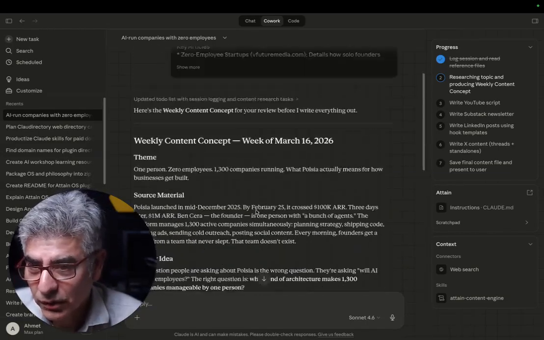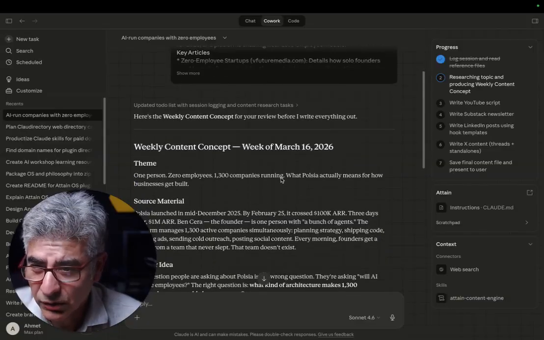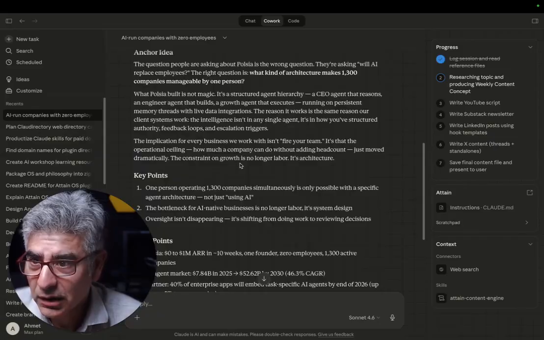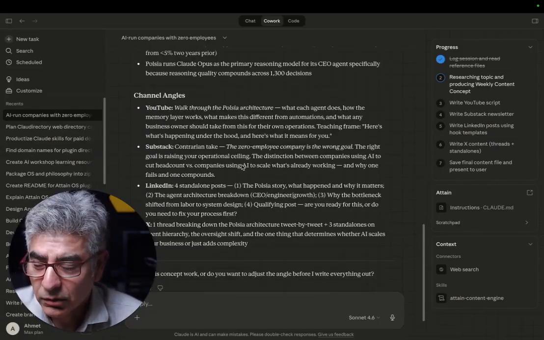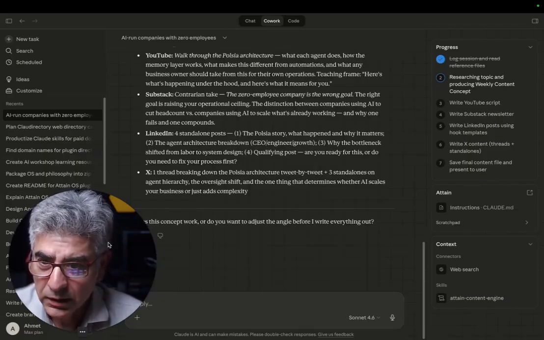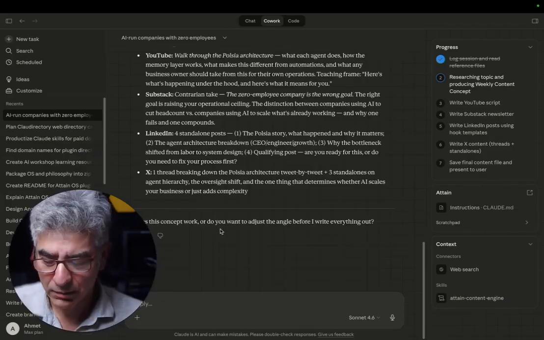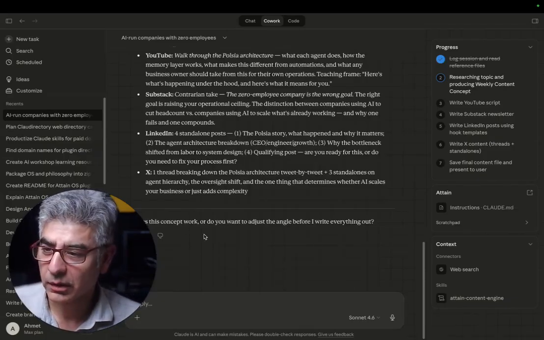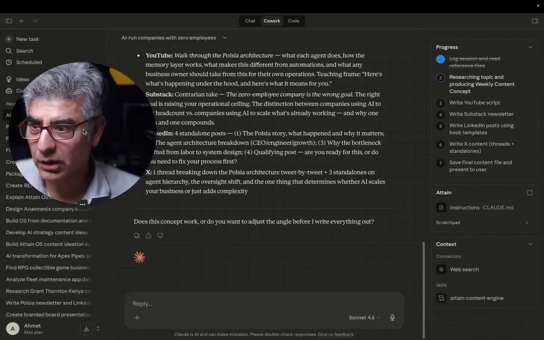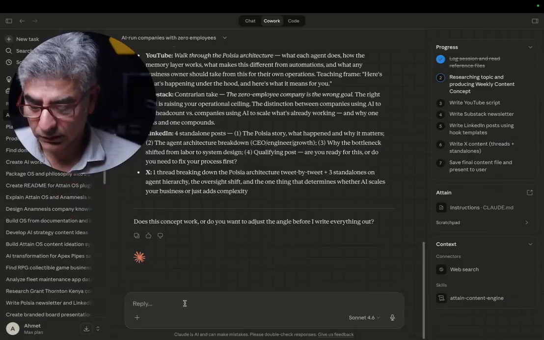But yeah, so the first thing it does is it does some basic research and then gives me the idea that it wants to anchor on. And from there, start creating different drafts. So there's some manual intervention in the whole system that I built out. And I may or may not use all of the content or just some of the content, but I just want to show you how this works. So let me just move this up here. So let's say